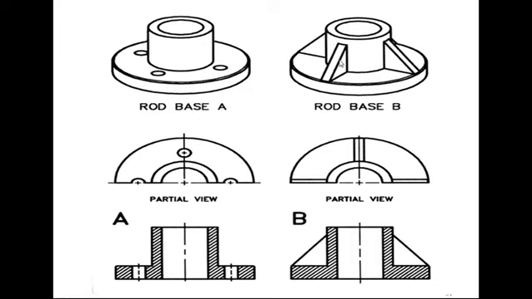Here also see, here is the example of a rib. So the rib will be kept as it is. We are not going to show hatching in a rib, and where there is a hollow part it will be kept as it is, and those cut through the solid part will show hatching.